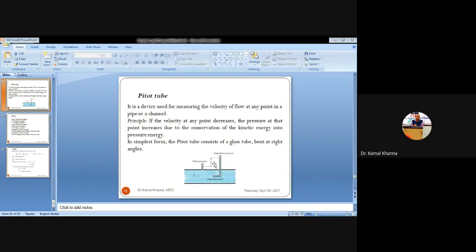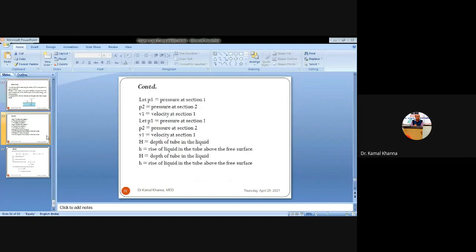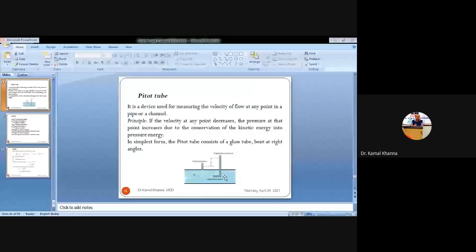So let us assume that this point, from where the liquid has started its journey, is the first point, and the second point is taken as the point where it is entering into the pitot tube. Whenever the liquid is flowing at a steady pace from one point to another, it has kinetic energy. But as soon as it starts entering the pitot tube, the whole of the kinetic energy is converted into pressure energy, and due to that pressure energy, the liquid is rising in the pitot tube. So on this principle, the pitot tube works.